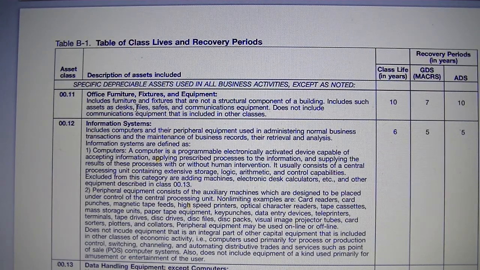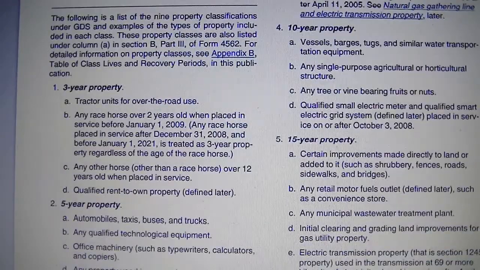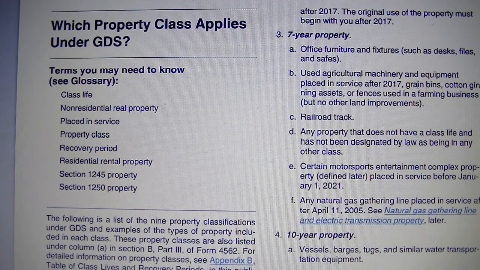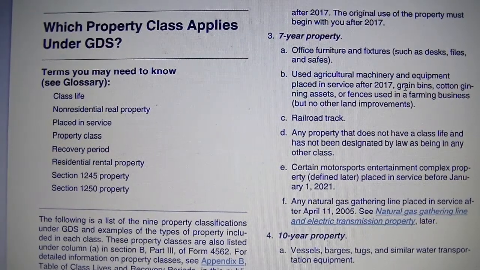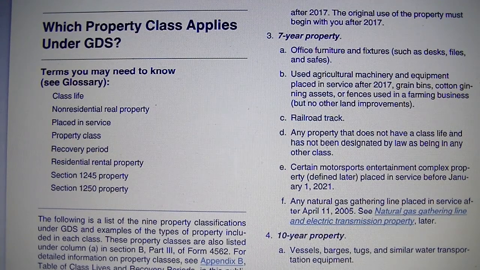So depreciating a desk, you don't even have to come here, because it's listed. If we go back to page 30, I believe it's listed already in the 7-year period. So we are not choosing the right example here. They list it already here, so you know it's a 7-year property class. But in case it's not listed, or even if it's listed but you want to make sure,